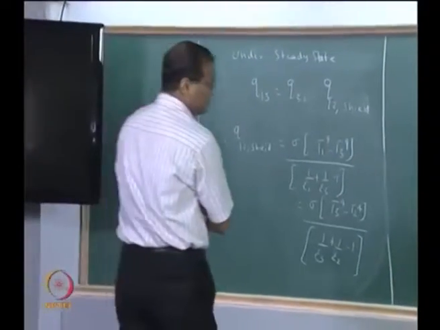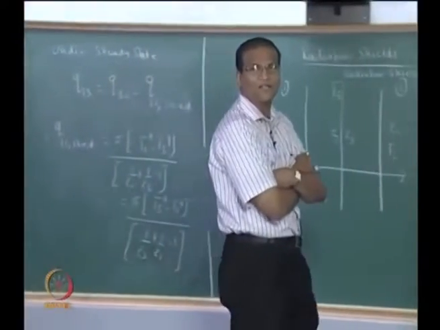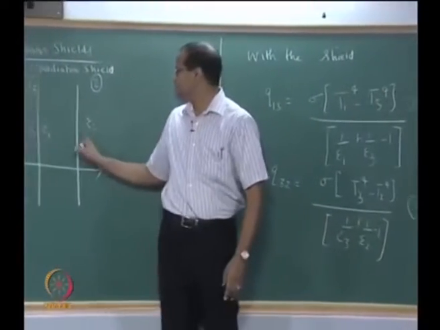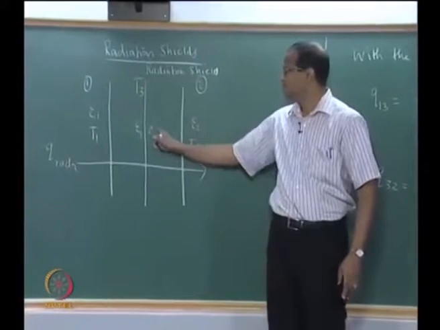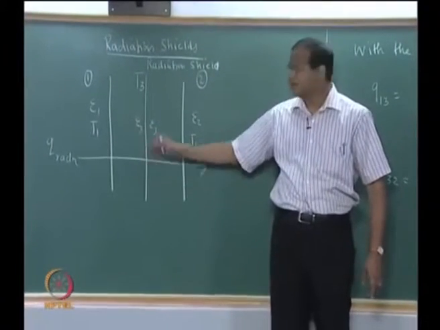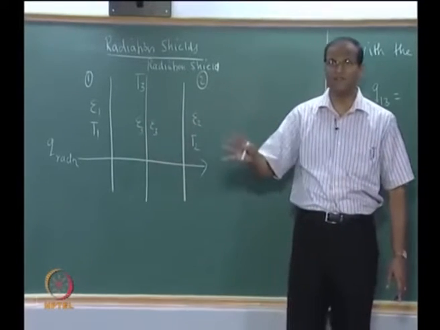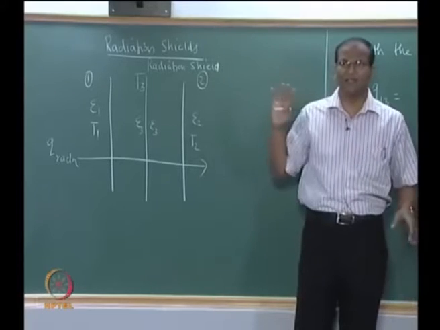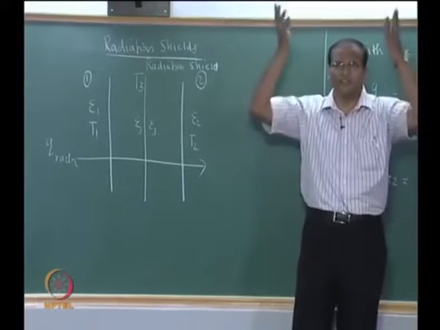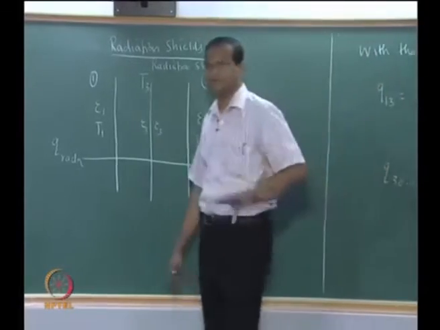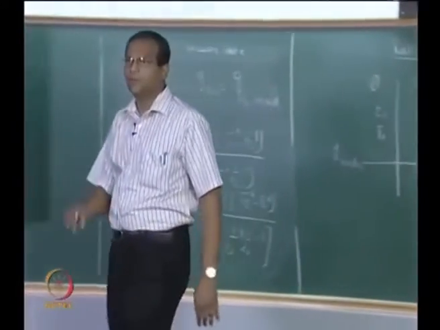Come again. Somebody else may have the same doubt, but they are shy of asking. Q32. Yeah, 3 to 2, there is nothing else. It cannot go on the back side because they are surfaces. It may be a shield, but radiation is a surface property. The front side may behave differently from the back side, they have no connection. The view factor on the front side and back side are not correlated at all. Is that clear? That is a good point. Okay.